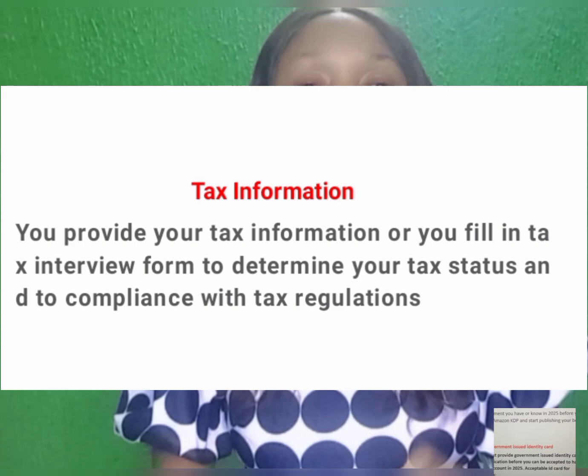And if you have it, like if you're in a country where they give this 30% treaty, where you remove this 30% tax from your royalty, you need to provide your tax information, your tax number, and everything. But if you're from Nigeria, there's a provision for you to fill in that you don't have one. In a country where you can't get a tax number, you fill in that form to comply with their tax regulation. Very important. You need to have this in mind before you register for KDP.